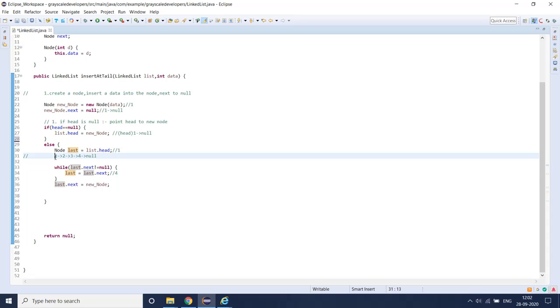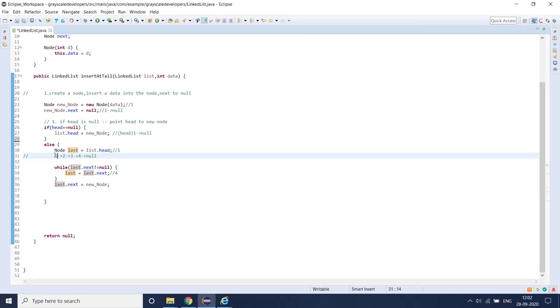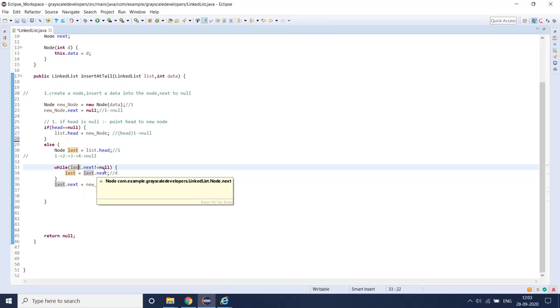Like this while loop is there, right? So it just traverses from the starting point. Like first it will traverse from 1, and then 2, and then 3. When it comes to 4, then it won't execute. Means 4 is coming here. So 4 dot next equal to null. But here I checked it like not equal to null. So when it comes to null, then it exits the loop.